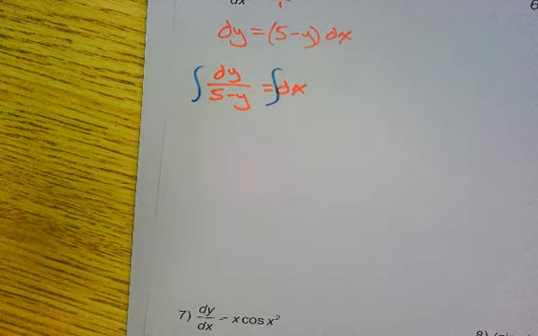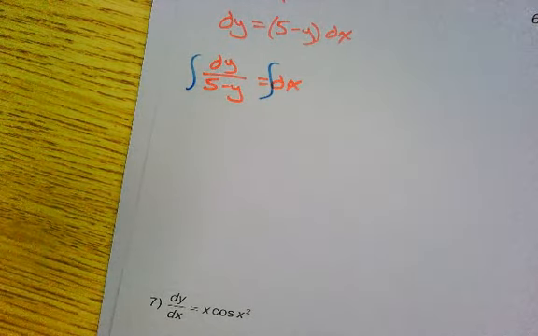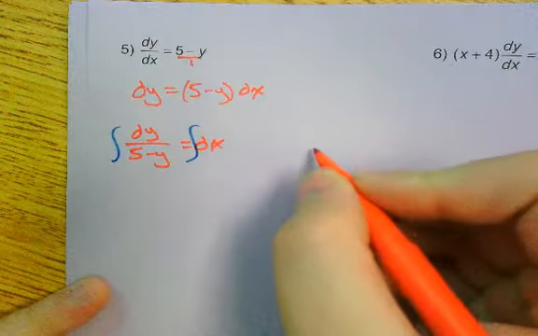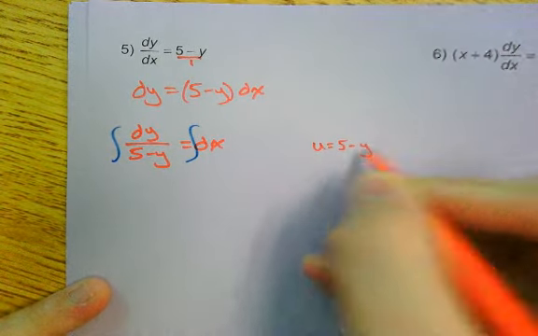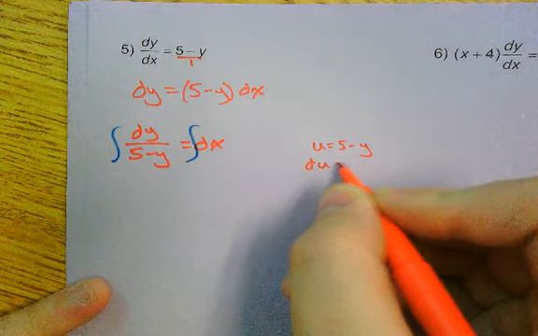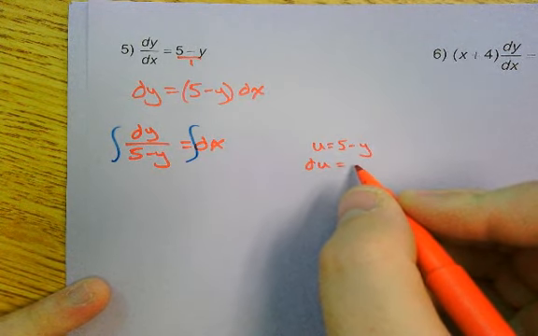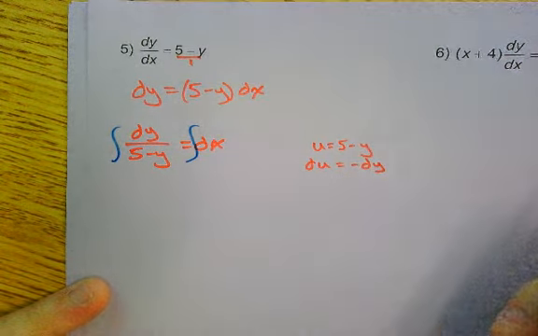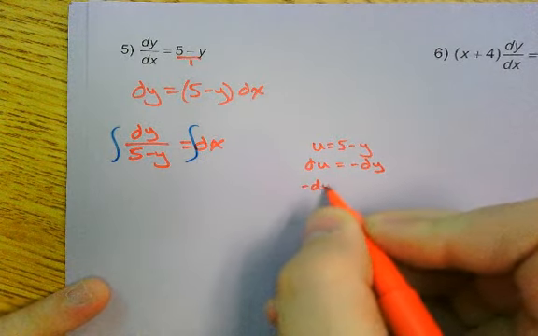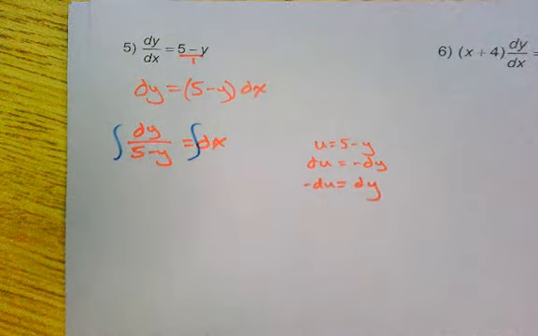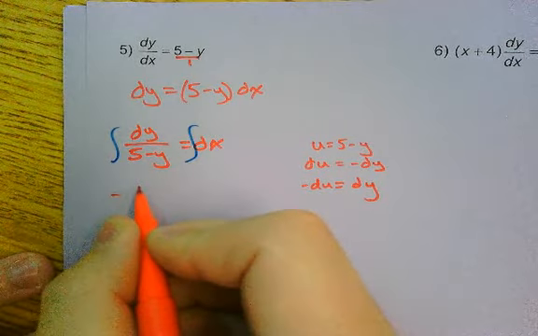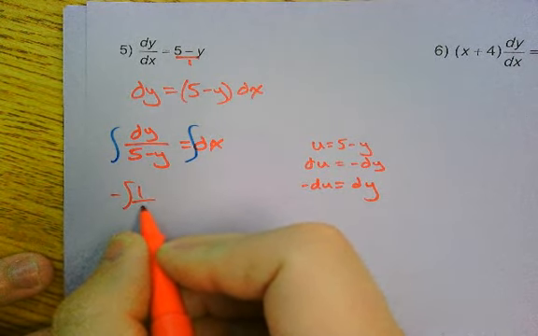Yeah, I agree. U sub on the left side. Some of you could just pick this up right now and not need to do U sub. I got it. Some of us aren't there yet. So let's just do a U sub. What's u? What's du? Negative dy. So negative du equals dy. So negative integral 1 over u du